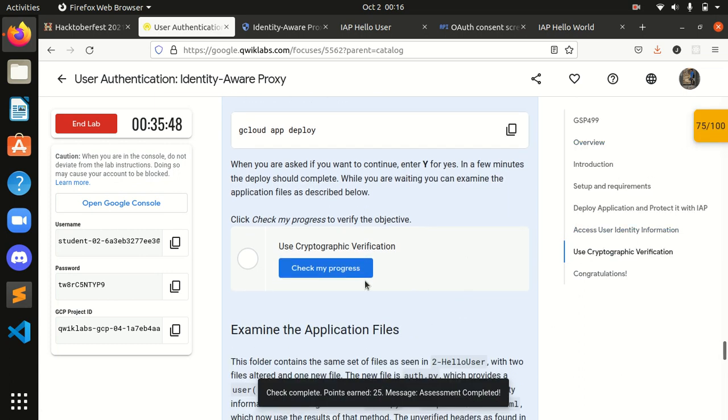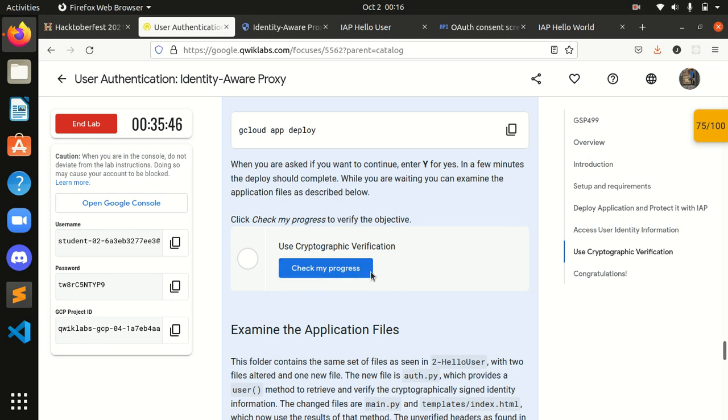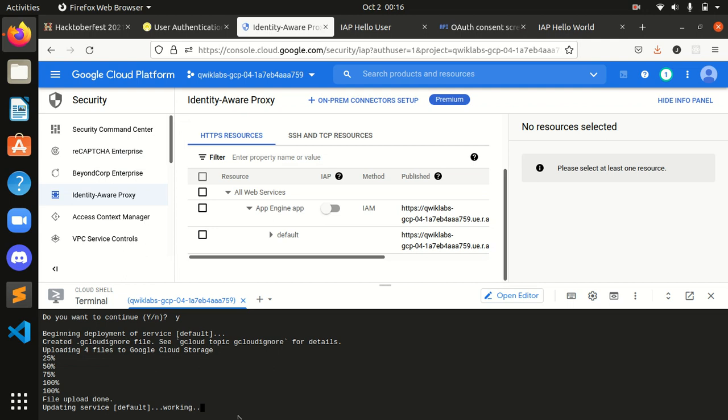Okay, guys, let's do this task also, our final and last task, and let this be completed, guys. Let our deploying finish. It may take some 1 to 2 minutes, guys.